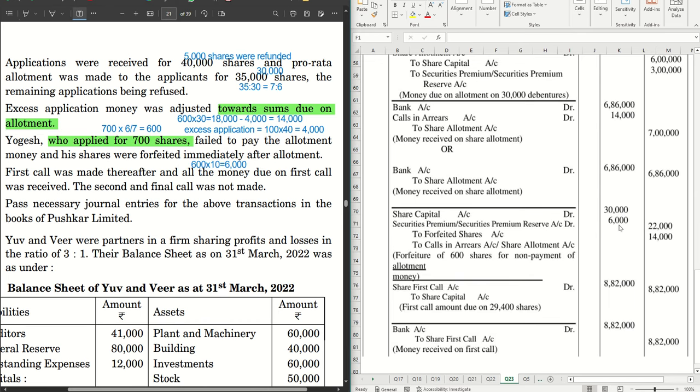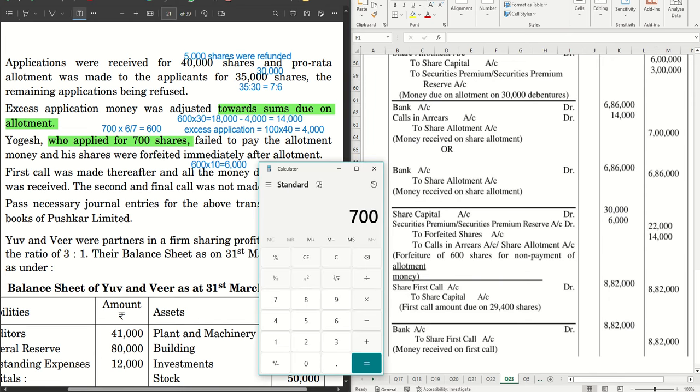क्योंकि उसमें से कुछ भी नहीं मिला। टू फॉरफिटेड शेयर्स अकाउंट, जितने पैसे मिले वो यहाँ पे फॉरफिट हो जाएंगे। कितने मिले ये भी ट्रिकी हो सकता है अगर ठीक से फॉलो नहीं करो तो। उसने 700 शेयर्स के लिए अप्लाई किया था और जब उसने एप्लीकेशन मनी दिए थे 700 शेयर्स पे 40 रुपए करके, तो उसने 28,000 रुपये पे किए थे। 28,000 में से उसने एप्लीकेशन मनी में जो प्रीमियम था वो भी दिया था और नियम है जो प्रीमियम का पैसा मिल जाता है उसको इंक्लूड नहीं करते, उसको एक्सक्लूड करना पड़ता है। नाउ प्रीमियम में कंफ्यूजन हो सकती है कि 700 पे होगा कि 600 पे होगा। सिंपल सा बात है 600 पे ही होगा क्योंकि उसको 600 शेयर्स अलॉट हुए हैं।